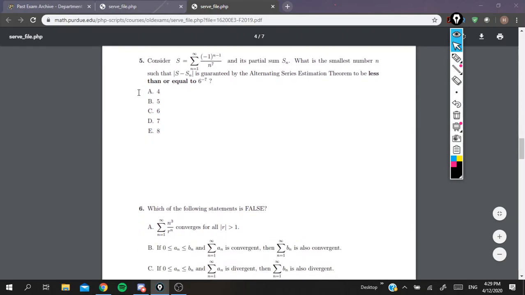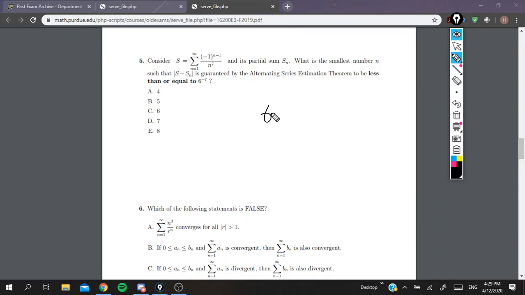And for 5, this should be pretty easy when you use the alternating series estimation theorem, as your error is around 6 to the negative 7th, which you can change to 1 over 6 to the 7th. And looking at this, you can tell the 7 is here, and the 1 is on top. It's just alternating since it's negative 1, 1, negative 1. And the error, you just take the absolute value, so you don't have to consider the negative up top. So the n will be 6,